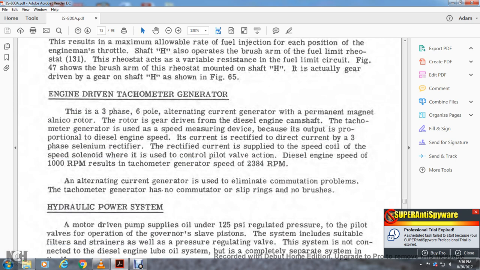Engine-driven tachometer generator. This is a three-phase, six-pole alternating current generator with a permanent magnet rotor. The rotor is driven by the diesel engine camshaft. The tachometer generator is used as the speed measuring device because its output is proportional to diesel engine speed. The current is rectified to direct current by a three-phase selenium rectifier. The rectified current is applied to the speed coil with the speed solenoid